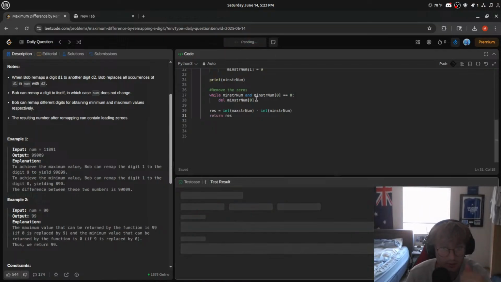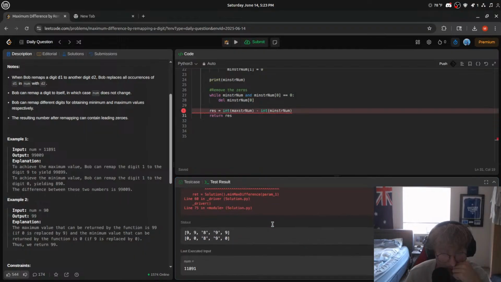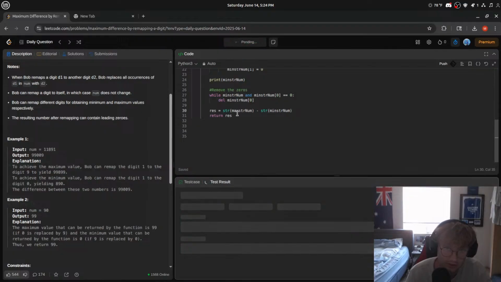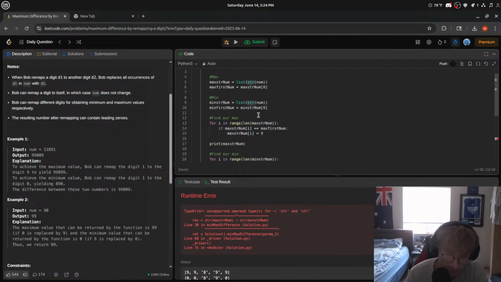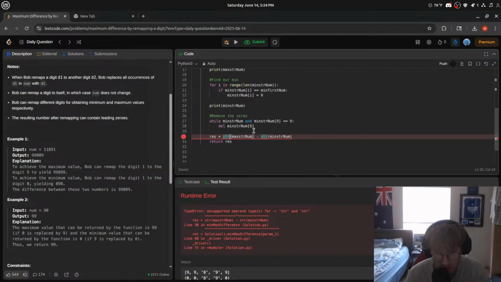I don't know if it's something inside the return statement, maybe. Int argument must be a string. Why? String's not gonna do anything here. Yeah, what? We're gonna have to maybe convert this into a string and then into a